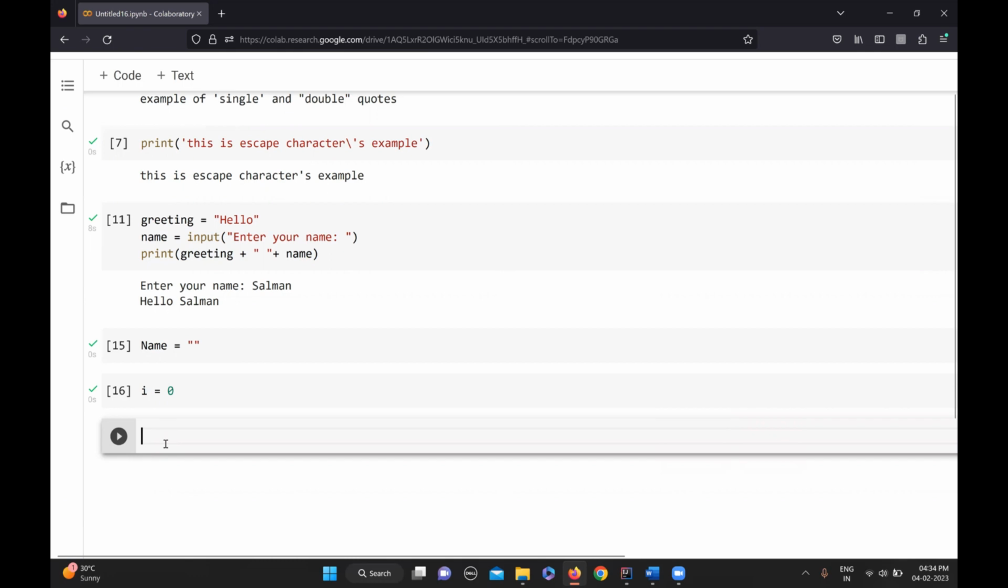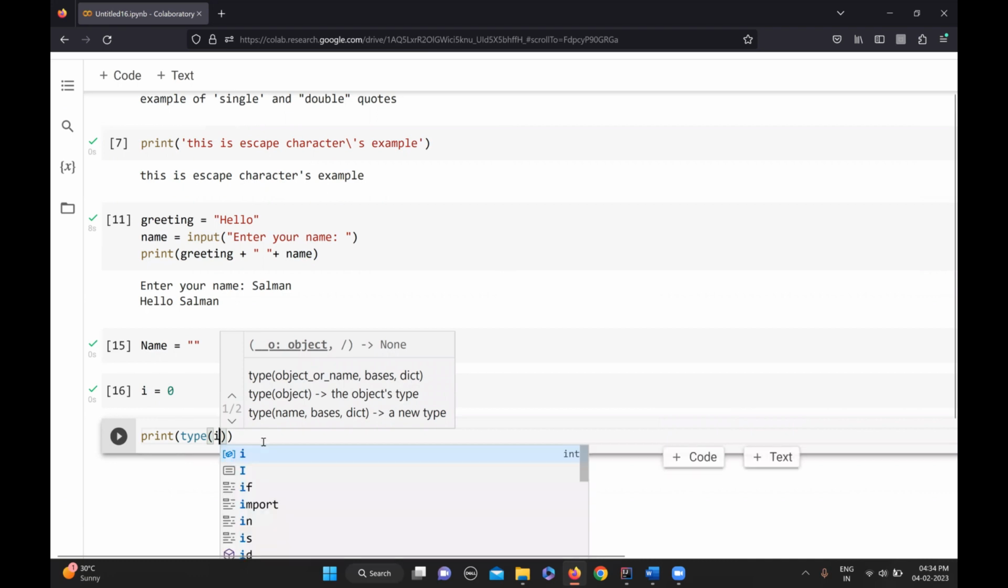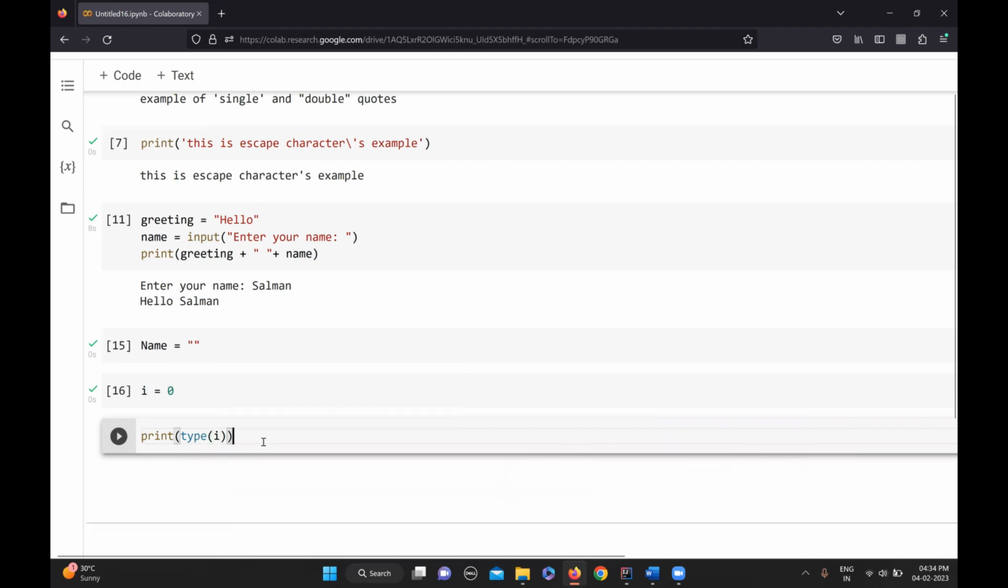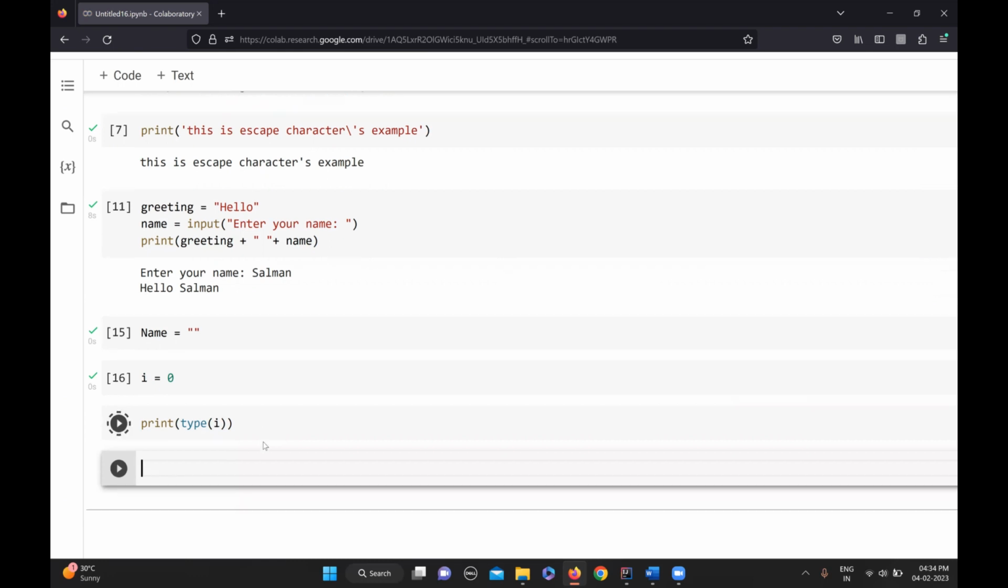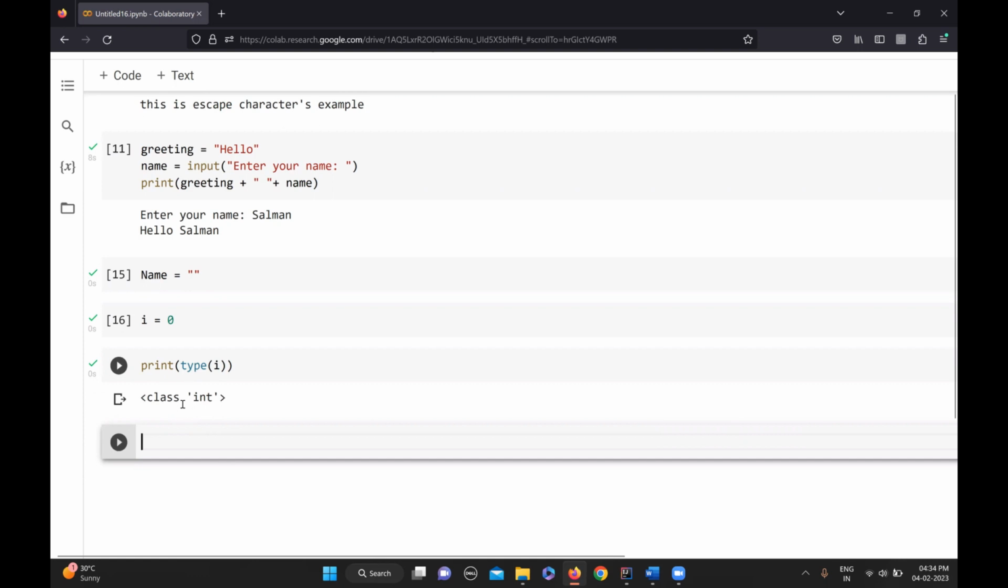Okay, and there is a very powerful command in Python called type. This type gives you the data type of a variable, and you can use it to find the data type of any variable. So if I write type(i), you see I get an int class. Since Python is object oriented programming, everything is an object, even the variables, and this i is an object of the int class